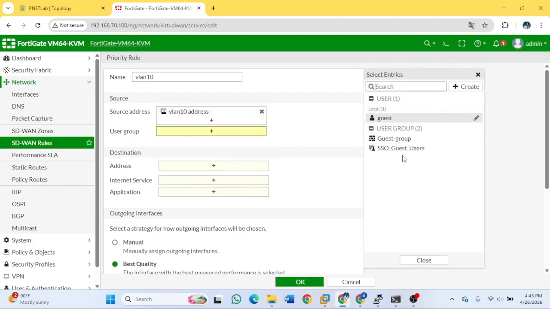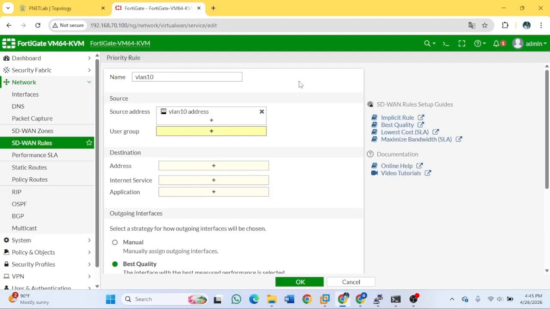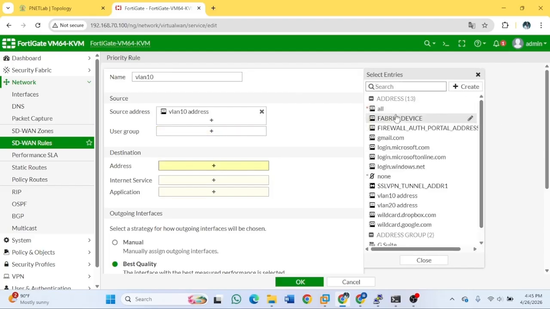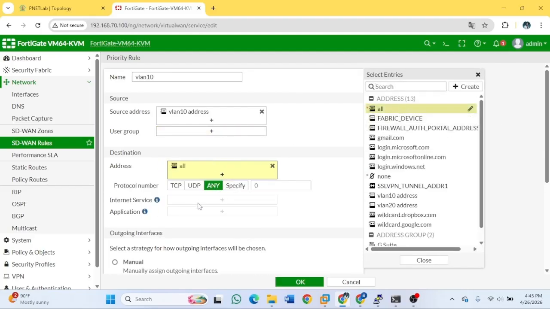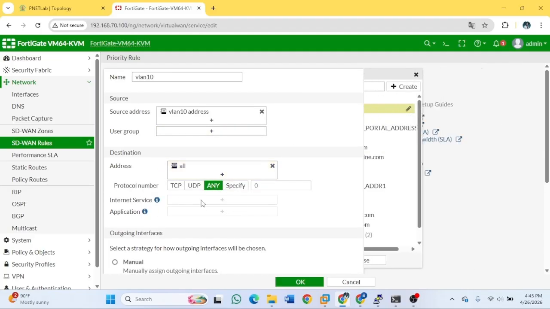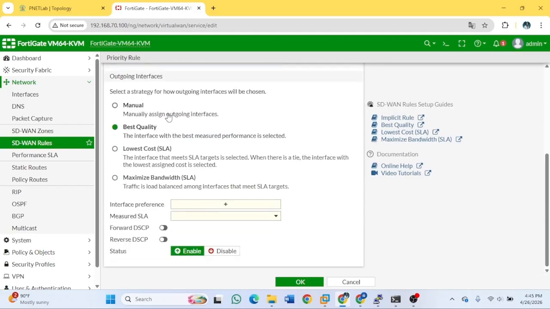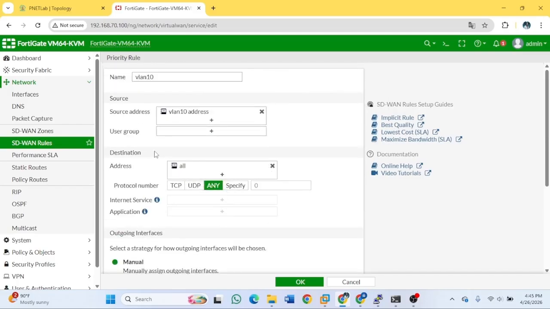Its group is no. Okay, after that go to destination, the address is all, and the protocol number is any because we want to connect to all, and the outgoing interface is manual.